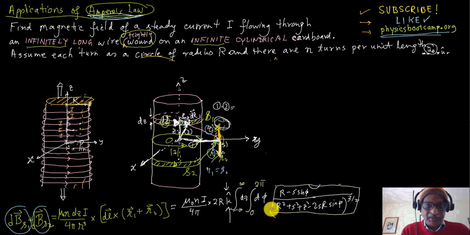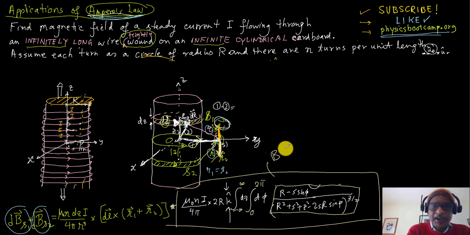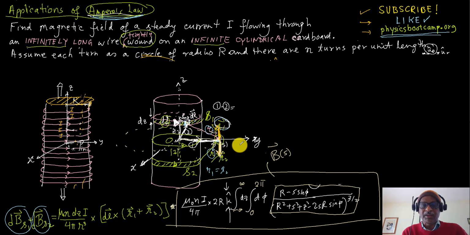Assuming I've done this correctly, this is actually B, this thing, when I integrate it, this is B at some point s, and the y-axis is nothing very special here. It can be any point a distance s away in any direction, right? So what happens is B of s